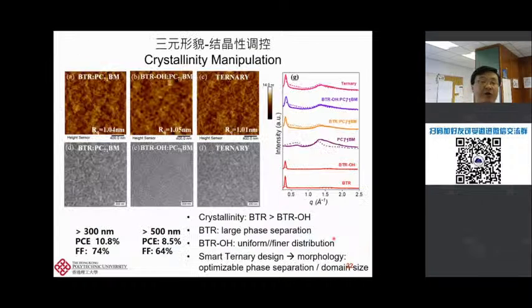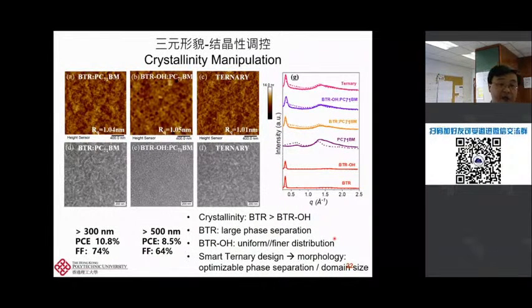Well, beyond what we are talking about, the molecular packing structure similarity and the packing, this work also indicates some crystallization tuning as a new parameter that you can use to optimize the ternary OPV's morphology. And what we show here is this: we have BTR, the highly crystalline one, and this OH, the one that has less